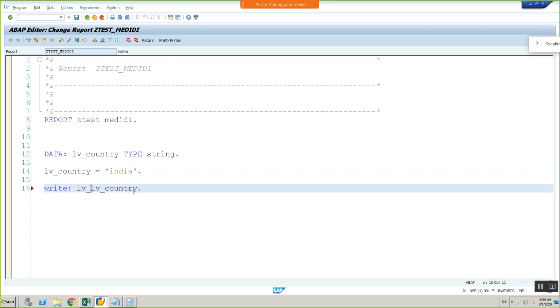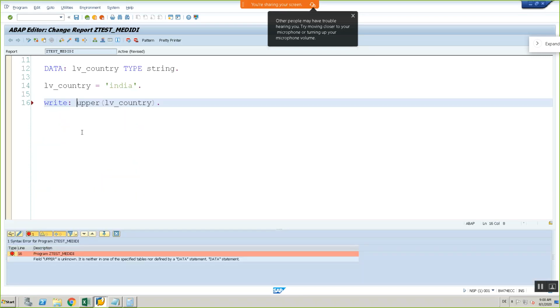So there is a command called upper, I think. Let me look at the string functions. One second, please.